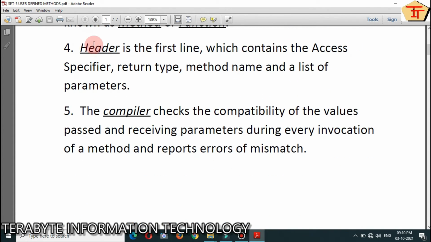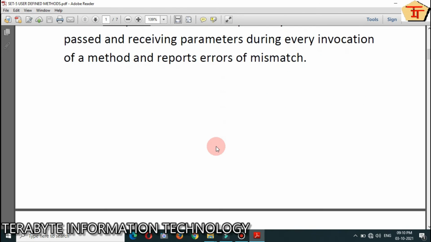Number 4, header is the first line, which is the fill in the blanks, which contains the access specifier, return type, method name, and a list of parameters. Number 5, the compiler, which is the fill in the blanks, checks the compatibility of the values passed and receiving parameters during every invocation of a method and reports errors of mismatch.